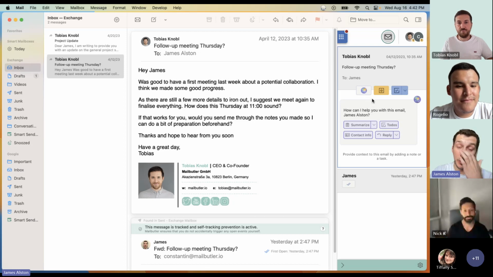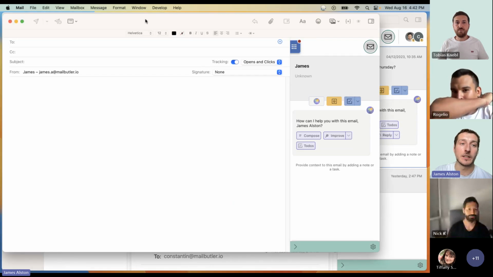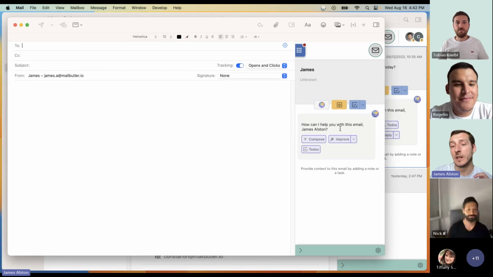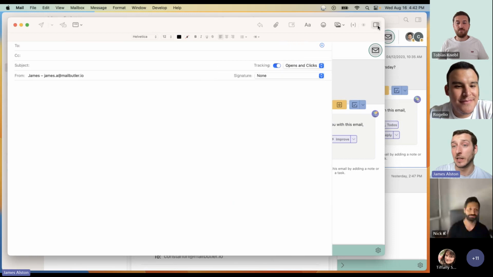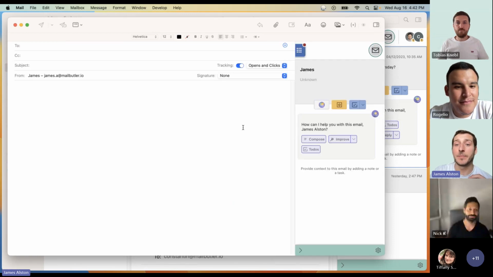And there are some features which you can still use if you don't want to do that without giving the Smart Assistant any access at all. And we're going to start with one of those. So the very first feature is if you open up a new Compose window, you'll see that the Mailbutler sidebar is also here, the exact same thing. You click the button. And to the right is a Compose button.